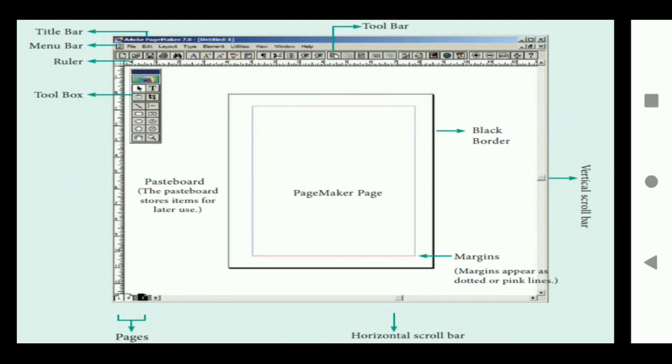Next below are the rulers. The rulers are like a margin, which can be used for aligning the page margin. For example, when you write an examination, a margin is specified. Why do you specify a margin? From that margin only you write the content.